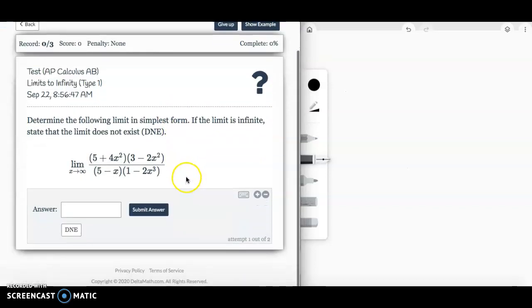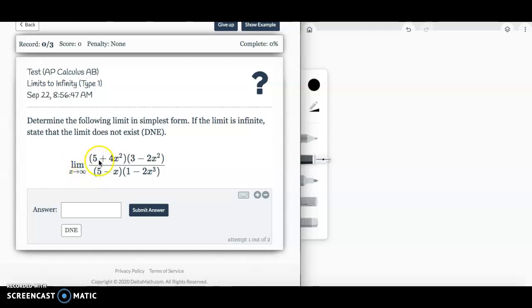All right, so in this problem, I have the limit as x approaches infinity of all of this. I only have polynomials occurring, and you basically need to find where the largest degree is going to happen. Normally if I FOILed this all out, I know that the biggest degree I would ever get would be when I multiply the x squared times the x squared. So if all I have to worry about are multiplying these last terms together to figure out what my coefficients would be, for example, if you do 4x squared times negative 2x squared, I'd end up with a negative 8x to the